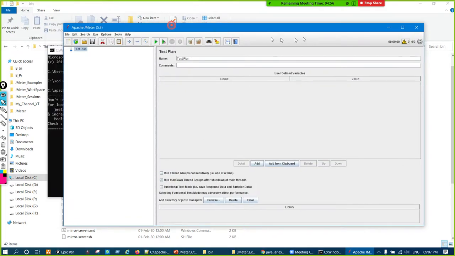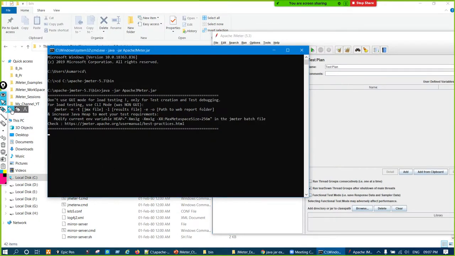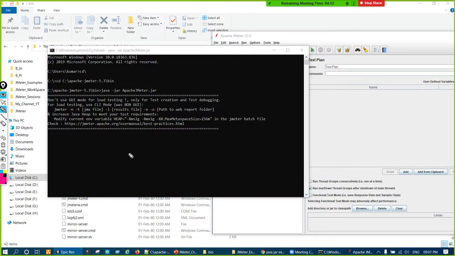So this is the JMeter, and again if we see, this console is converted into the JMeter console. Okay, this is the command prompt. This is the command that I typed. After that, this information came, and this is the JMeter console. Right, it converted into the console itself. Even if you are launching Apache JMeter dot jar, it is converting into the console, right? So now you can think that JMeter people have also built this console in as an inbuilt thing, because they also think that it is a useful thing, right?